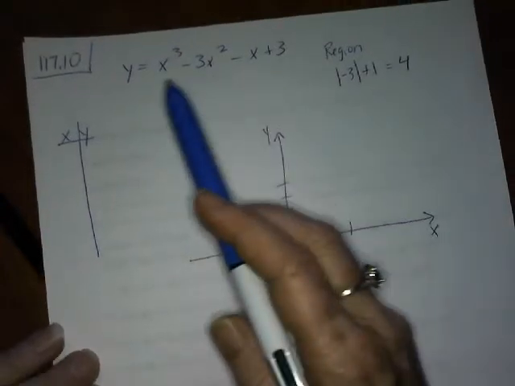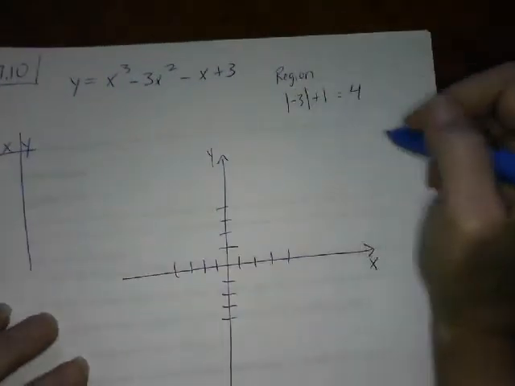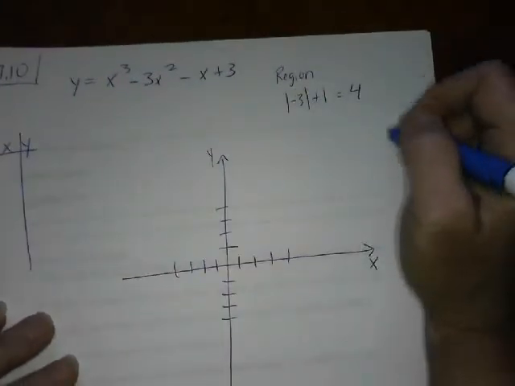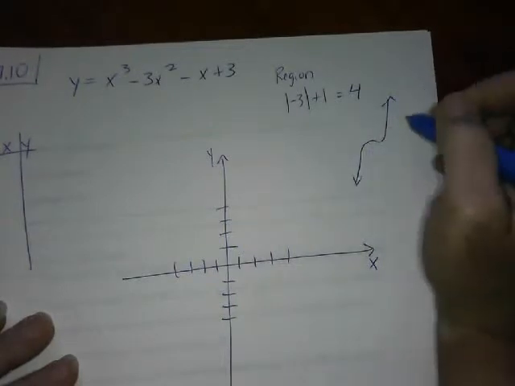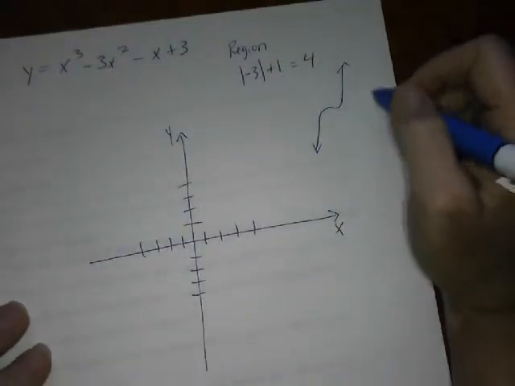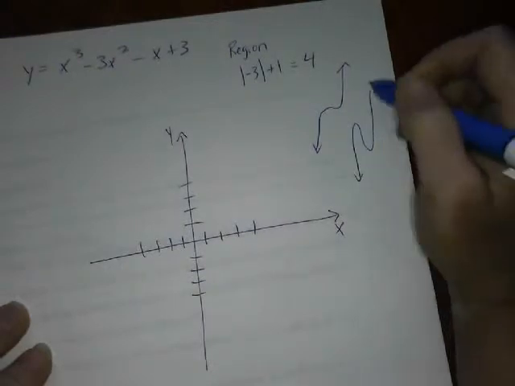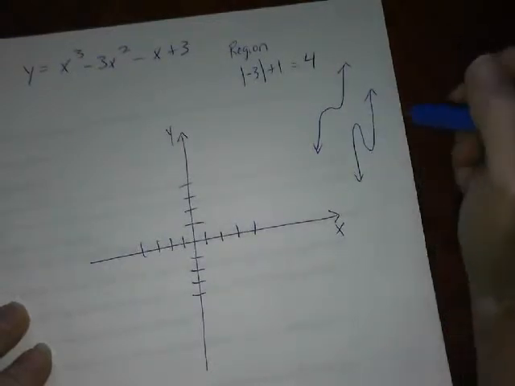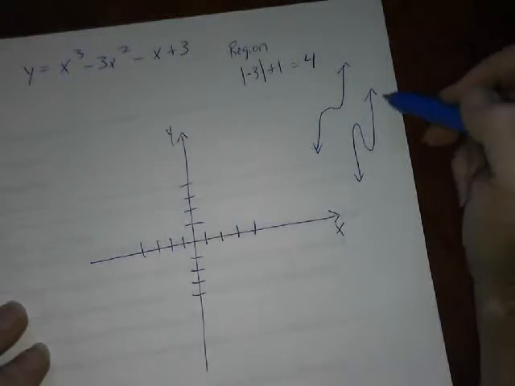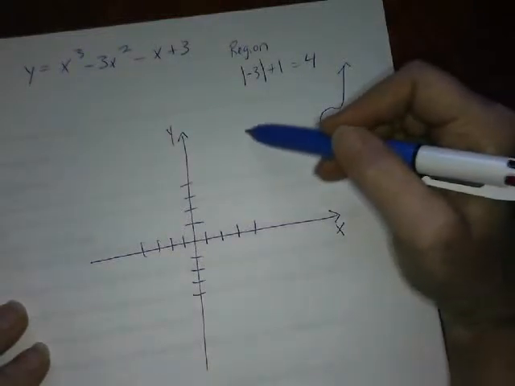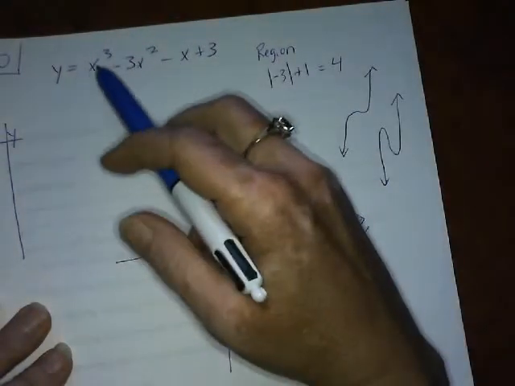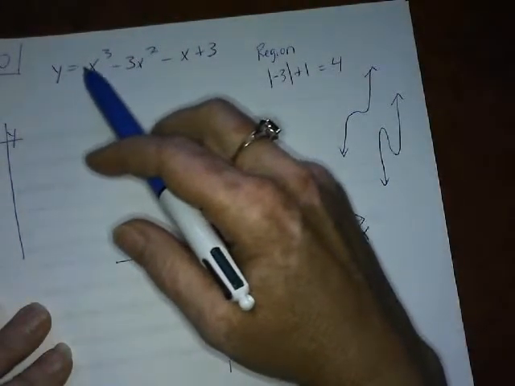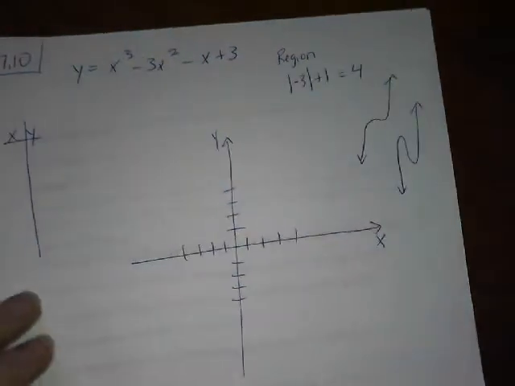I already know what the shape of a cubic looks like. I know you guys feel shaky on this, but cubic is the one that looks like a squiggly snake. It can be like that. Maybe it could be super curvy like that. Might have 2 turning points. It's going to be going upward to the right and downward to the left because it's an odd function and its leading coefficient is positive. Okay, so